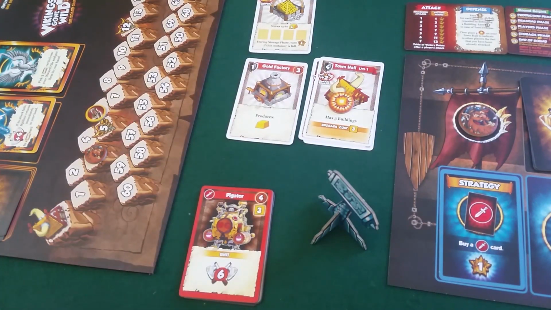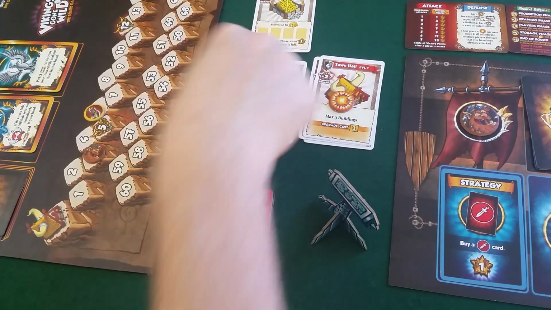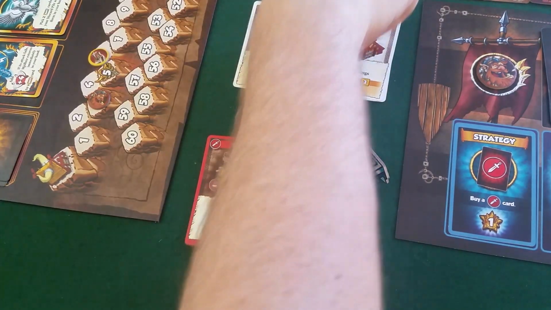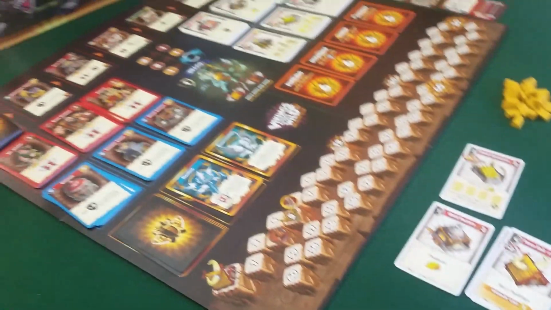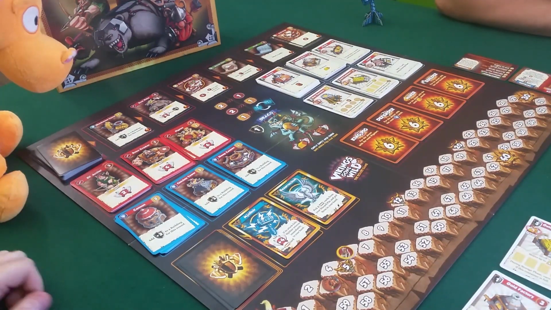So then we go to the cleanup, right? Yeah, exactly. Oh, no, you go to storage phase. Oh, storage, yeah. So I'm storing one of my containers. Okay. And then end of round, remove all tokens. Exactly. And the discard. Exactly. And then a new round begins. The starting player. So, and then we would head into a new round, but I think we will stop here